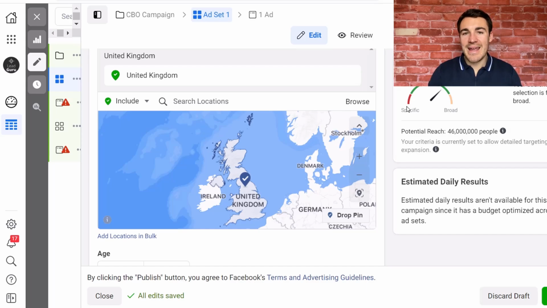But now we know that in general, larger audiences on Facebook produce better results. If you compare audiences that are very, very similar, but one's bigger than the other, the bigger one's almost certainly going to win. So with that being said, I'm not a fan of artificially constraining the geographical areas you're targeting unless you have to. So what does that mean?